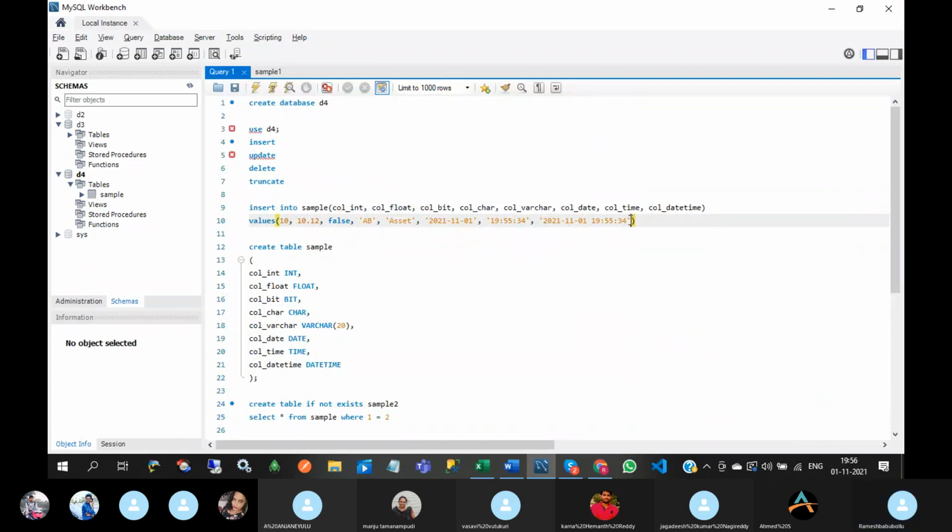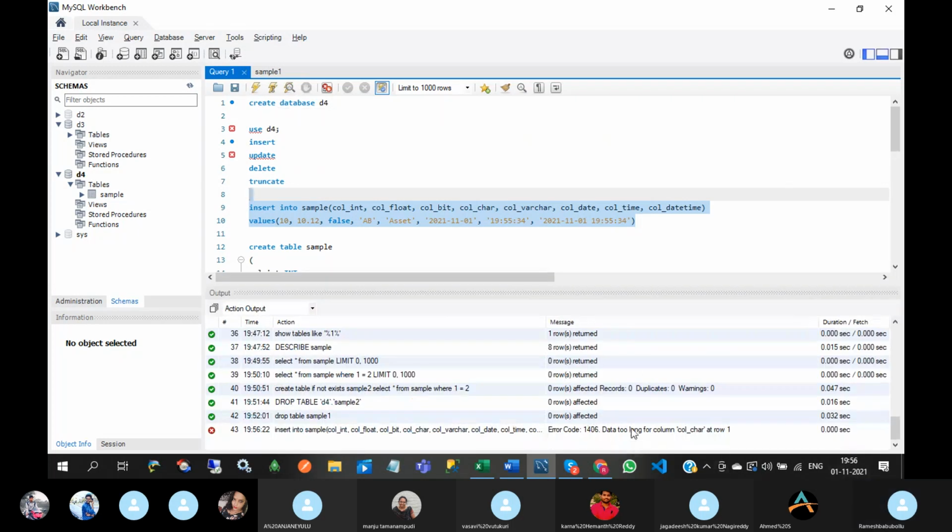Both should be in single quotes. See this, data too long for column col_char.